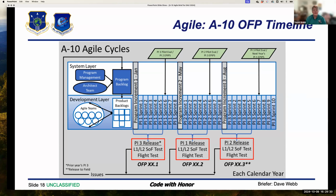So if you've taken Scaled Agile Framework, they recommend that the last sprint of your PI, of your program increment, be the inspection and planning sprint. We moved it back a couple, because what we were finding is pilots were pointing out some things that were fairly easy to fix. And we're getting ready to flight test it. It would be wonderful to have those minor things repaired before they went out the door. More major stuff that would have taken longer ends up in the backlog, and they get worked in the next